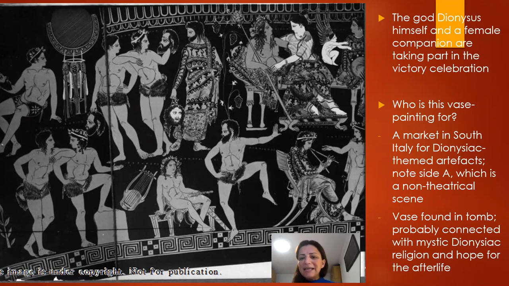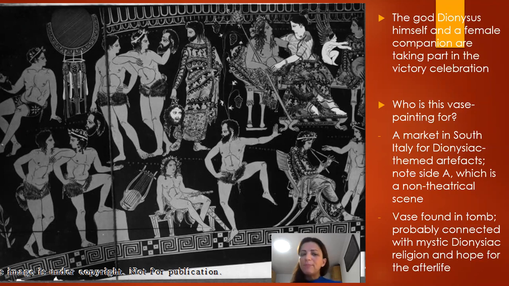Now, what is this vase for? Okay, we have the representation of the winning chorus of a tragic tetralogy. There's a lot of emphasis on the victory, also reflected in the names of the performers. Why might this be? It was found in a tomb, like almost all the vases that we find, and